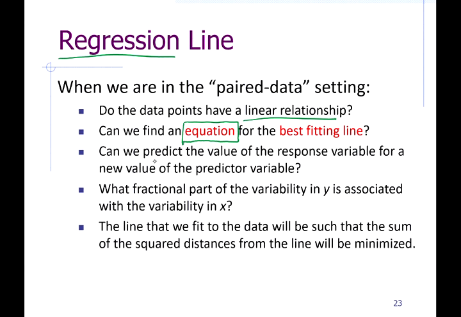And can we predict the value of one of the variables for some new value that's not part of our data set, some new value of the other variable? And then we can look also into what part of the variability in those two sets is associated. Well, what part of the variability of the response variable is associated with variation within the explanatory variable? And that line that we're looking for, remember the equation of a line, y equals mx plus b. So that line that will best fit the data